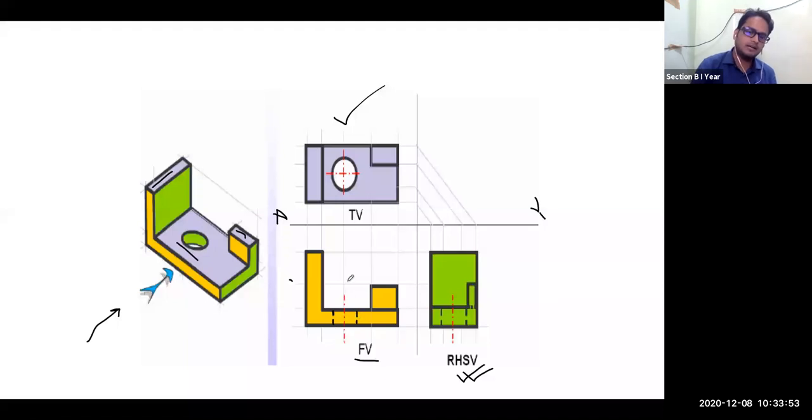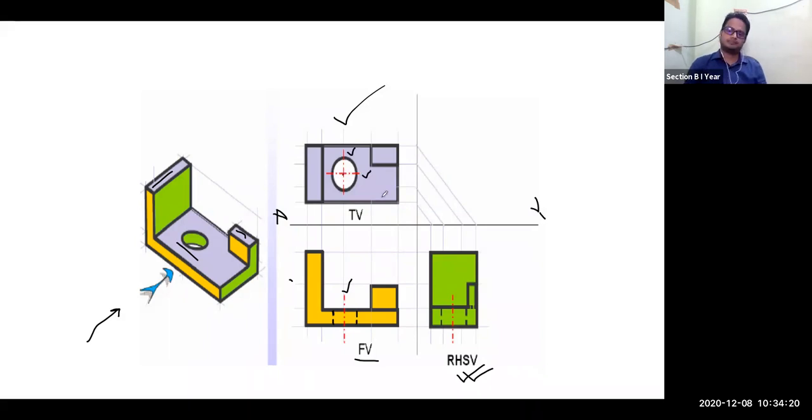And at the center, you can see this red color line, that is your center line. So whenever there is a hole or any circle, you have to represent the axis of that hole using a center line. Here also you can see the red cross lines, representing the center point of this circle.